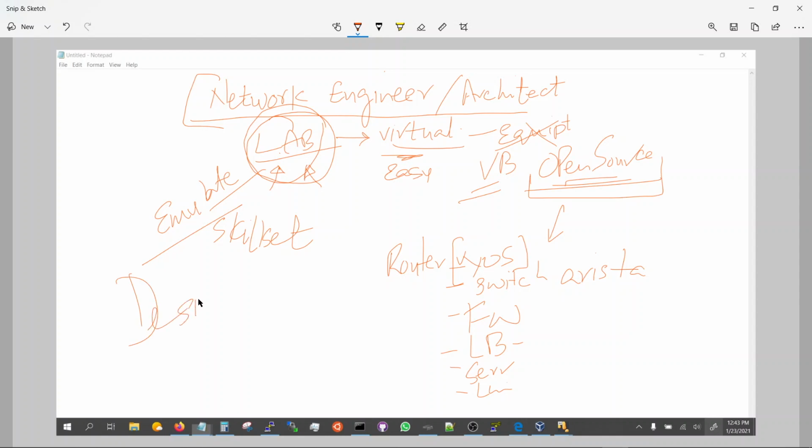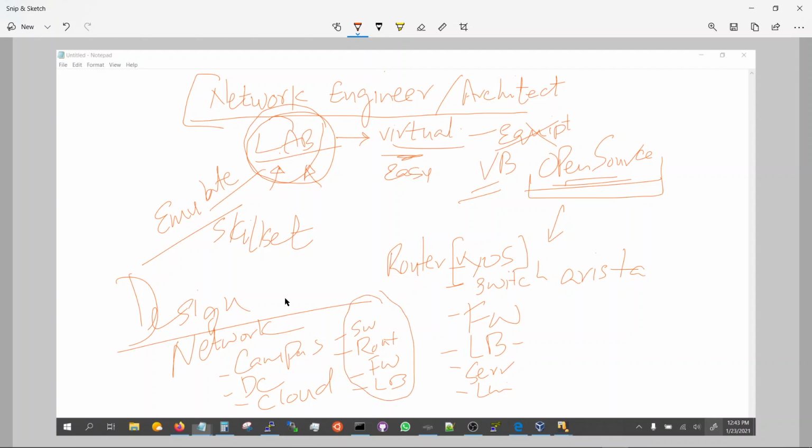You know, the thing that you need to understand is, what does a network design look like? What does a campus design look like? What does a data center design look like? What does a cloud look like? And what role does a switch play? What role does a router play? What role does a firewall play? A load balancer? All of these concepts and features that are there, advanced features like VXLANs and Anycast and load balancing,